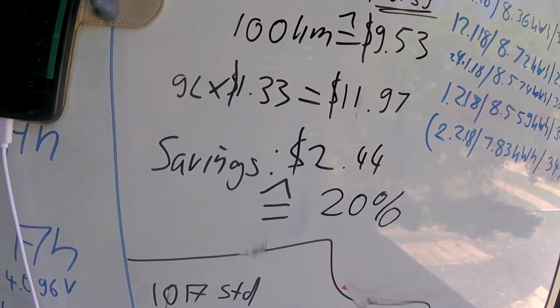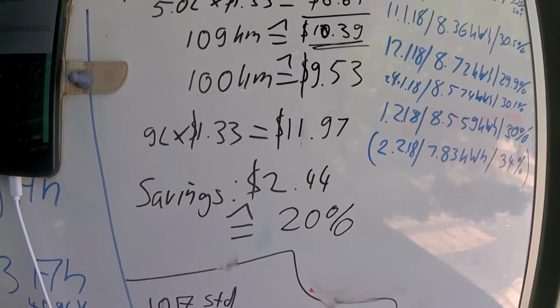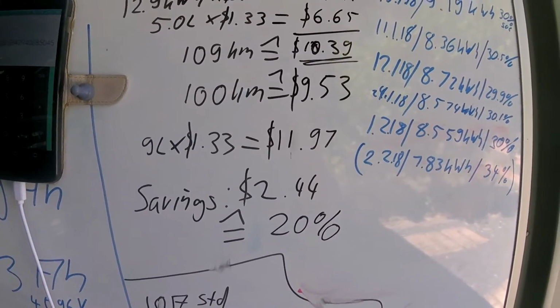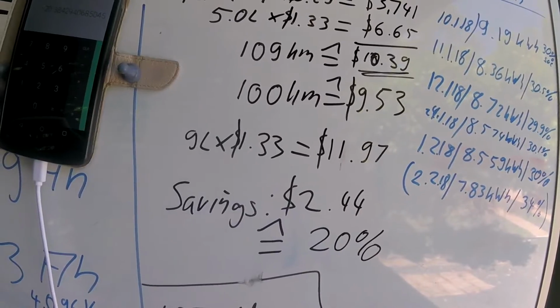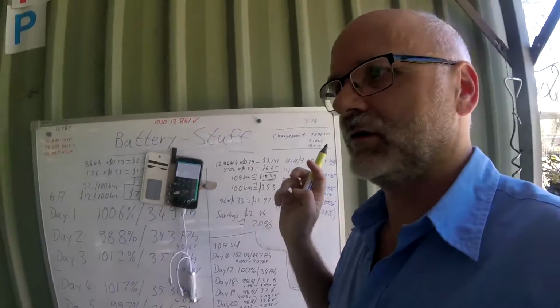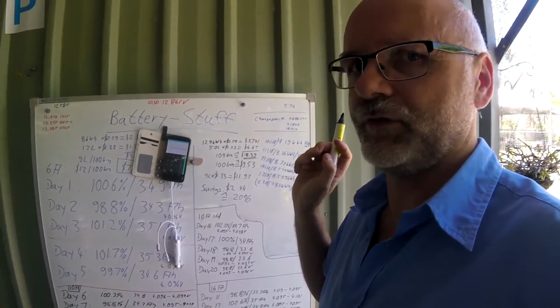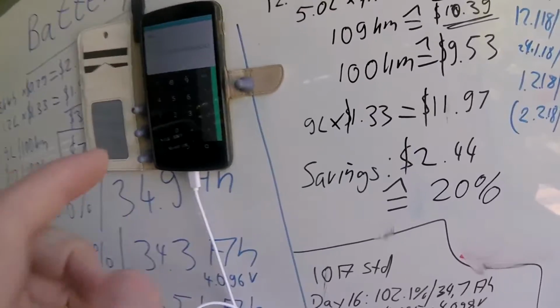Is that correct? Let me just rethink this one again. It's hot, I can't think. Is this correct? What do you think? 20%. I think now that is wrong. That is wrong because